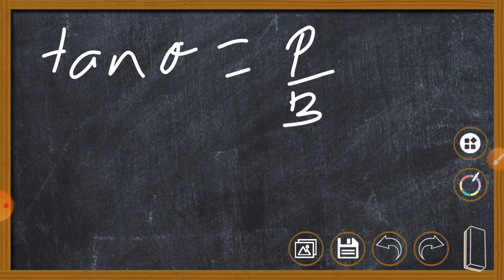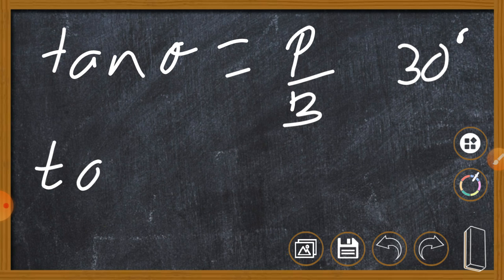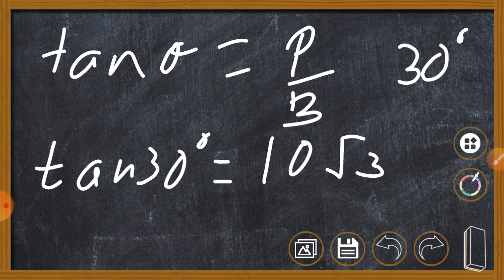Perpendicular. So tan theta, what is theta? Theta is 30 degrees, because they have said that the angle which your head is making with the top of the pole is 30 degrees. So I will write tan 30 degrees is equal to perpendicular. What is the perpendicular, meaning what was the height of the pole? 10 root 3, by base.